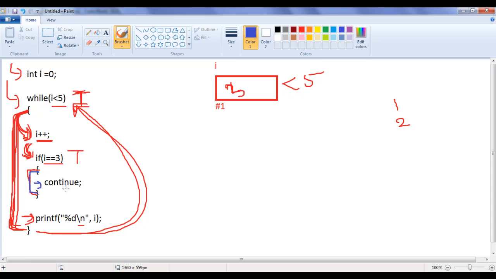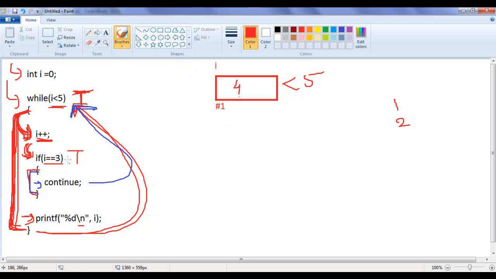We know that the computer skips a statement or statements under the continue statement. It transfers the control directly to the condition part and checks the condition whether I is less than 5. I is 3, 3 less than 5 is true guys. As the condition evaluates to true, it has to execute the body of the while loop. Control comes inside, I++ is executed. Now the I value changes. It is 3, it becomes 4 guys.